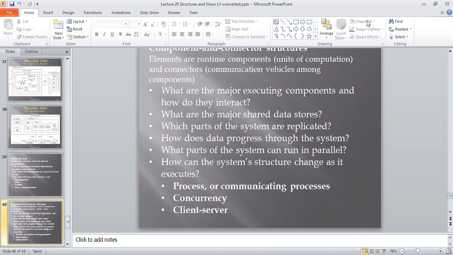The next one is concurrency. While concurrency is there, we have to use the logical thread concept. A logical thread is nothing but a sequence of computation that can be allocated to a separate physical thread. That means one thread is again bifurcated into a number of logical threads, and those logical threads are combined into one.